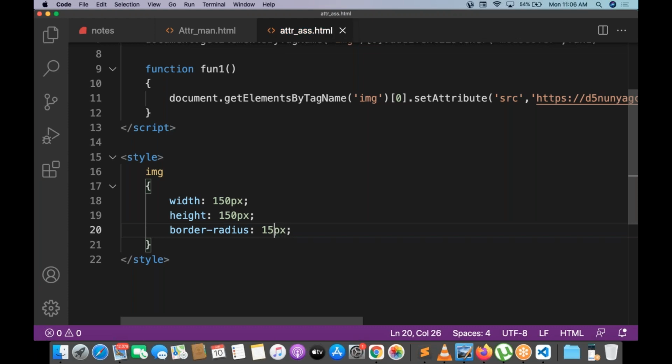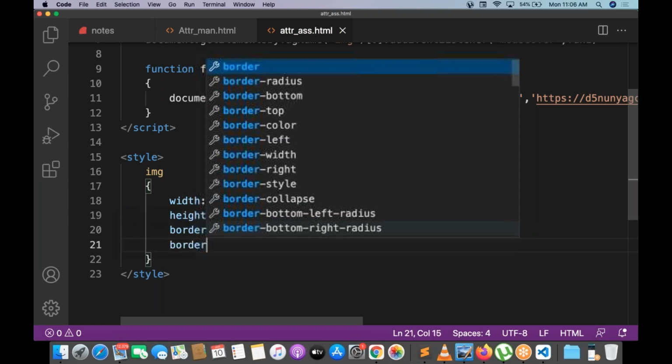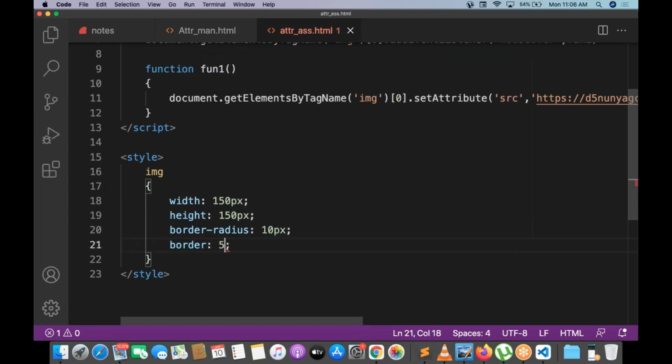Let me give 15 or 10, and border 5 pixel solid green.